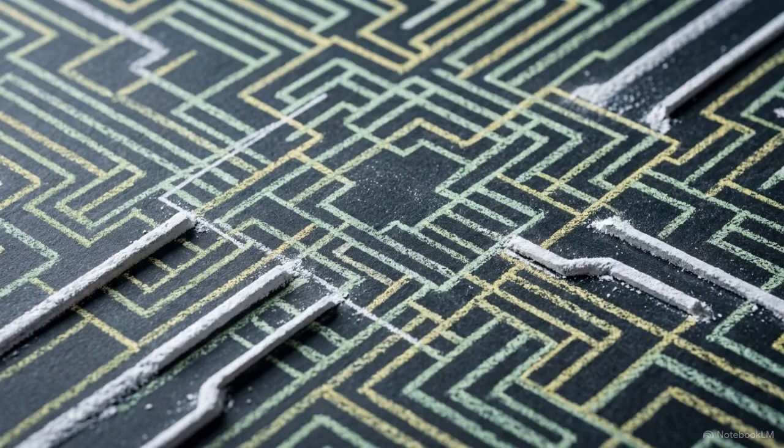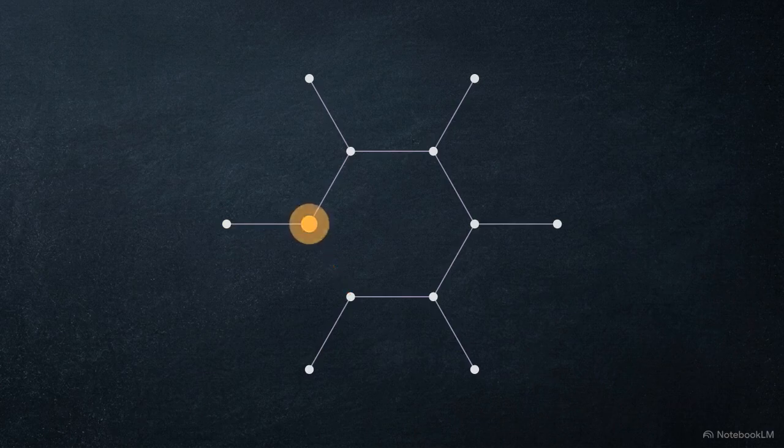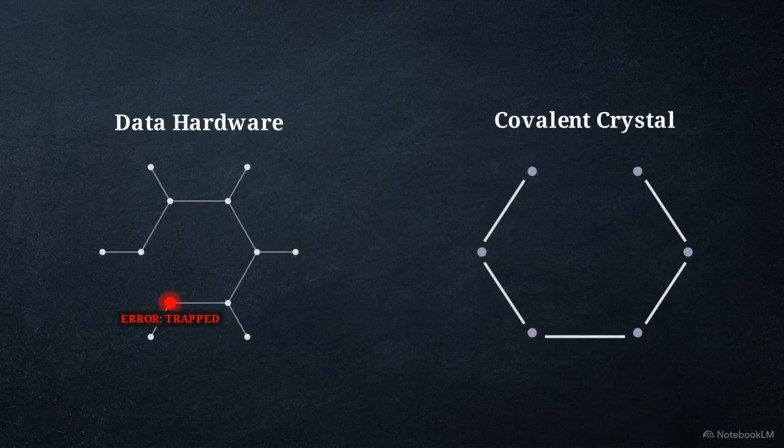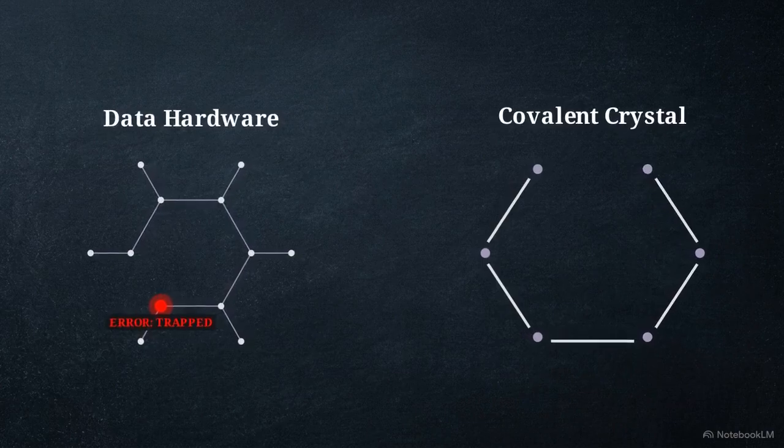In error-correcting silicon hardware, Girth-6 topology is engineered to prevent short-cycle trapping sets during data decoding. The lack of short bypasses creates signal traps in data hardware, just as it creates defect pinning in covalent crystals. A lack of local redundancy increases system fragility, whether the network is routing a bit or a physical dislocation.